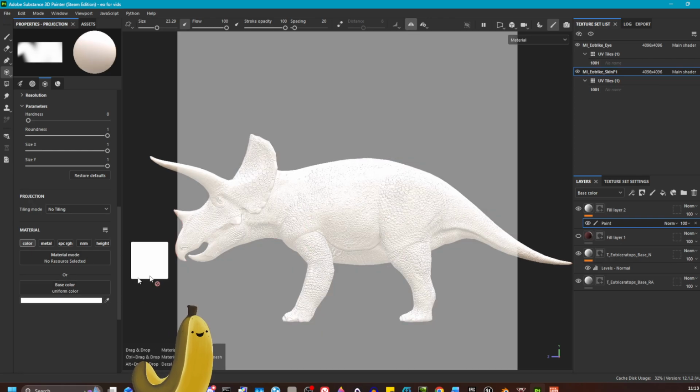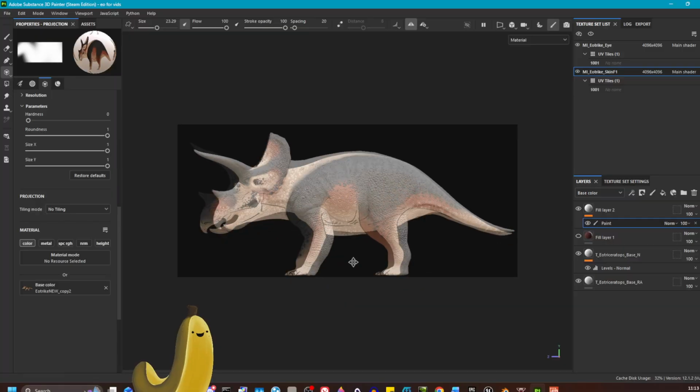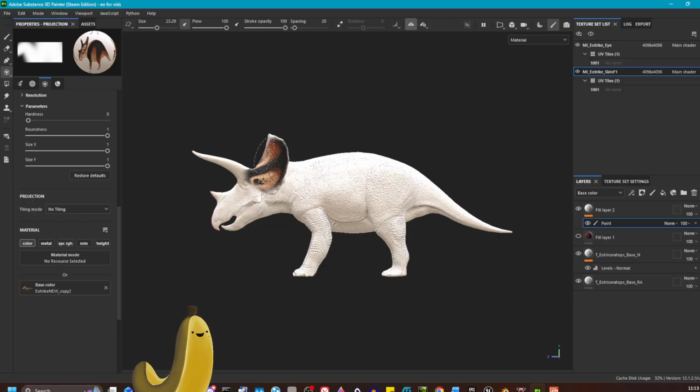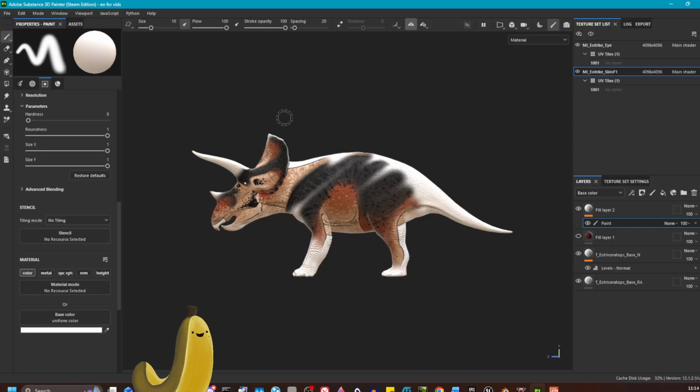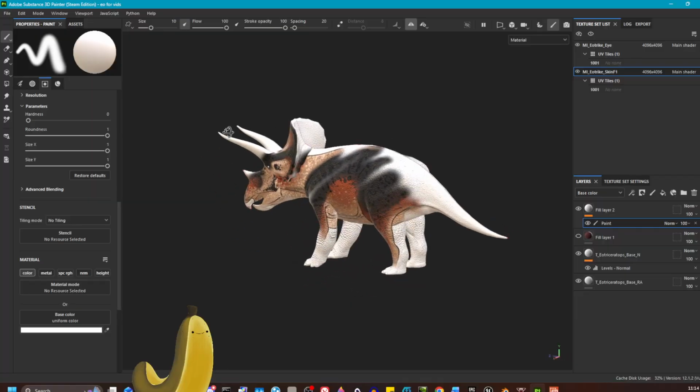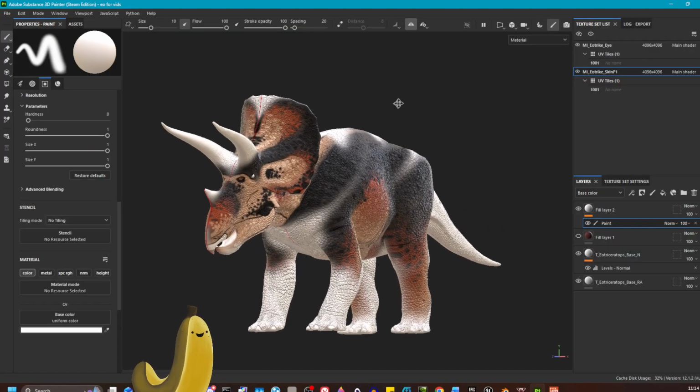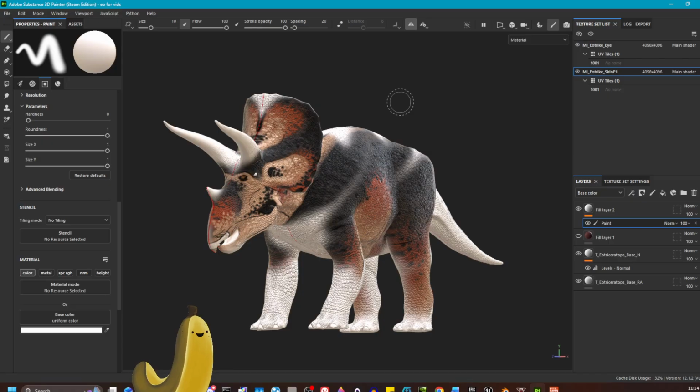Close that, open this one, line it up. And while still in perspective, paint it on. Then we can have a look. Adjust as you need to and repaint as you need to,